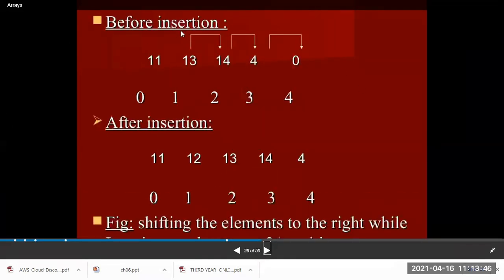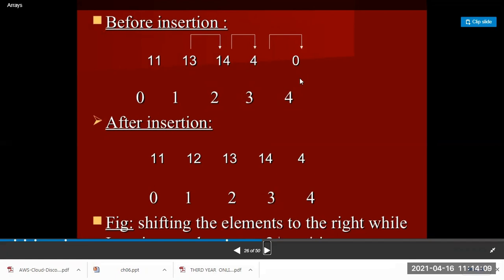See the example here. This is the example for storing an element at the 2nd location. I am taking the loop from I equal to 0, I less than, and I plus plus. Then I create the array and insert the elements 11, 13, 14, 4.